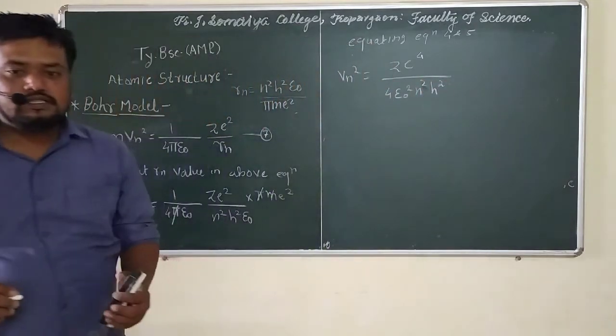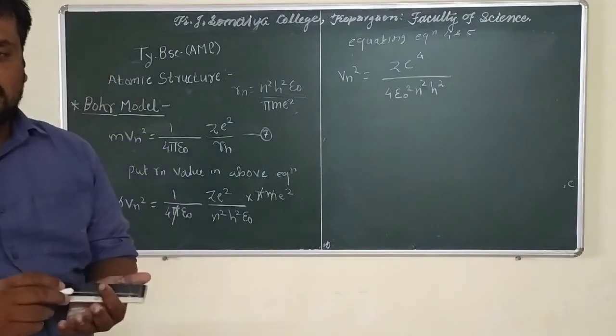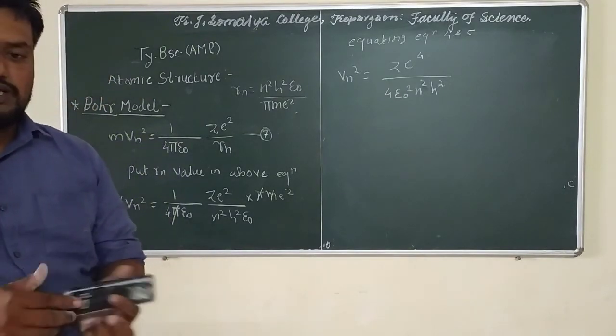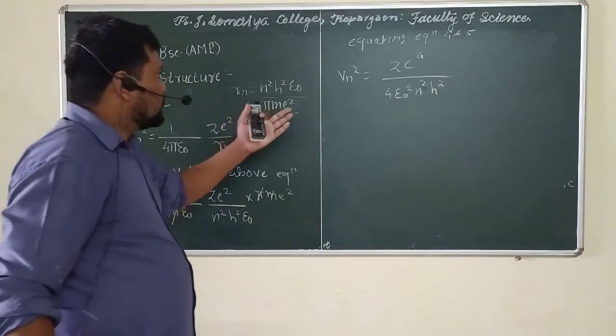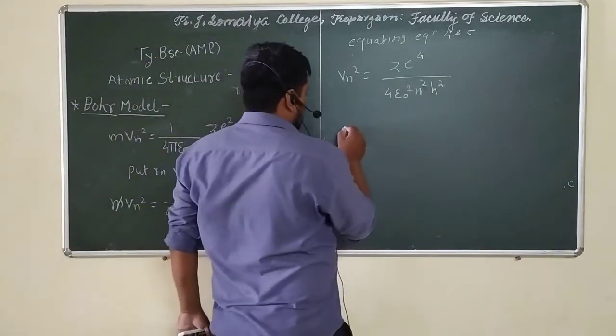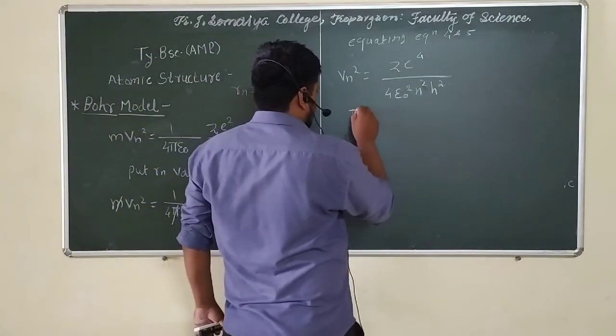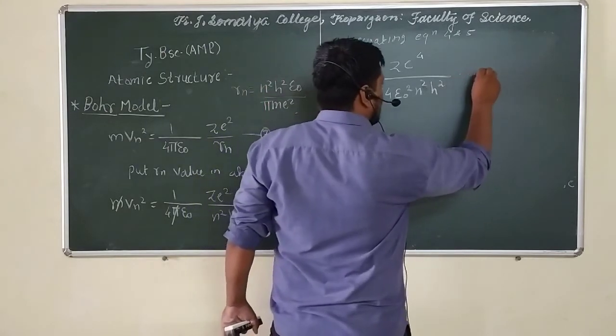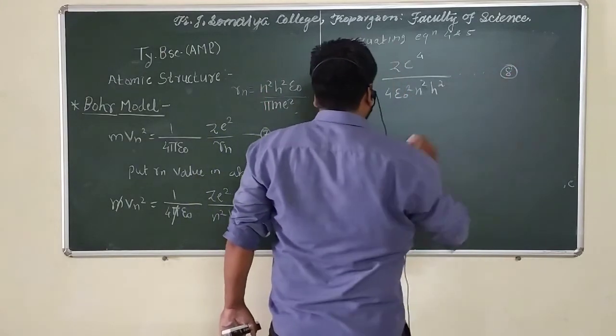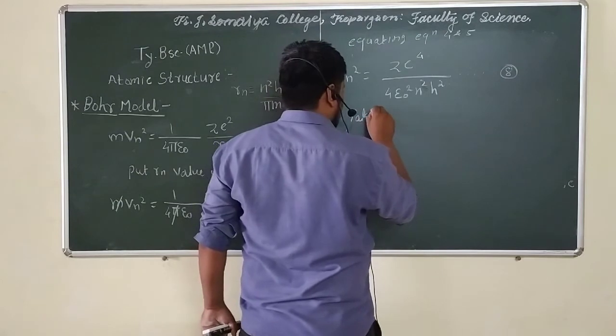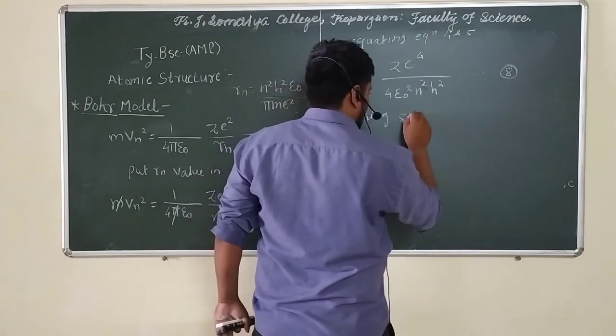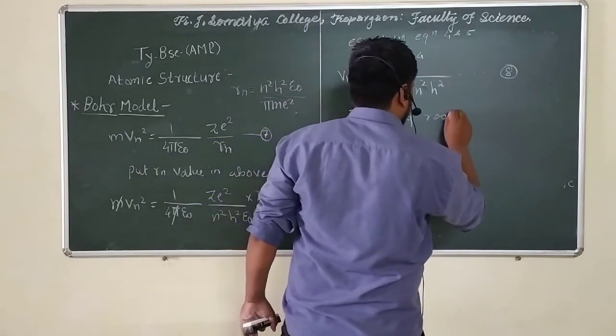So this is the formula of the velocity of the nth orbit, and we have to take the square root of this velocity square. This is equation number 8, so taking square root of both sides,